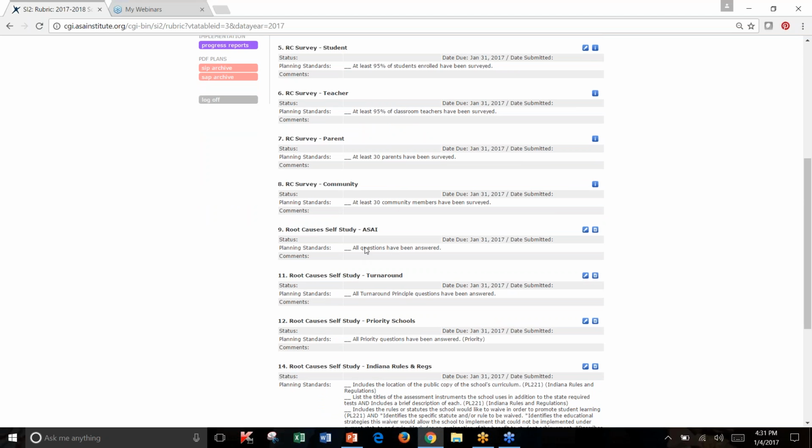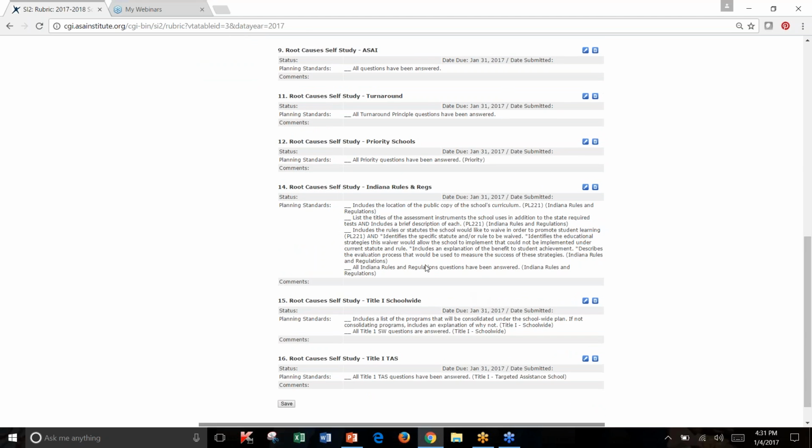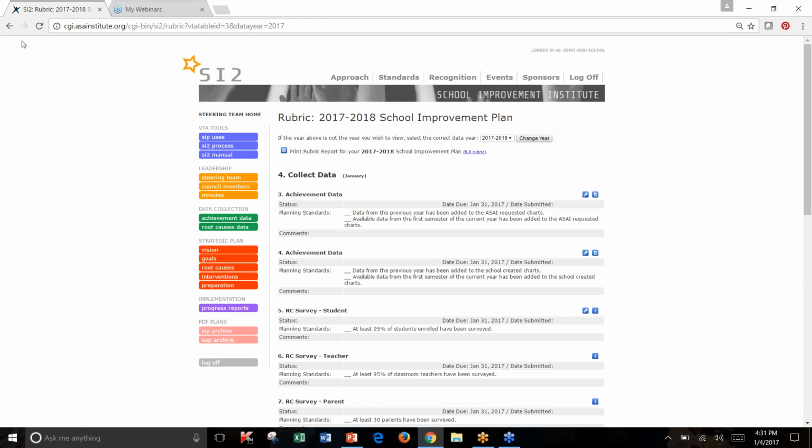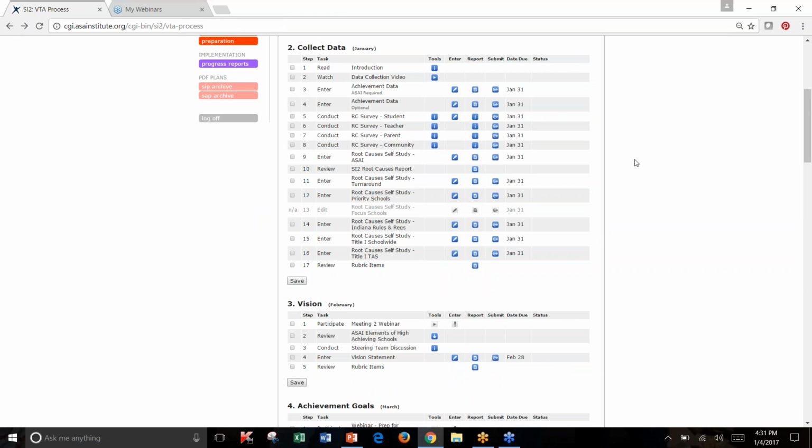On the root causes, all questions have been answered. So in this question, on the root causes self-study, Indiana rules and regs, we'll check to make sure that you've answered each of these questions because this is something that we have to verify to DOE that you've done for PL 221. Okay, so pretty easy rubric. Just need to make sure that all the steps are finished. Okay,